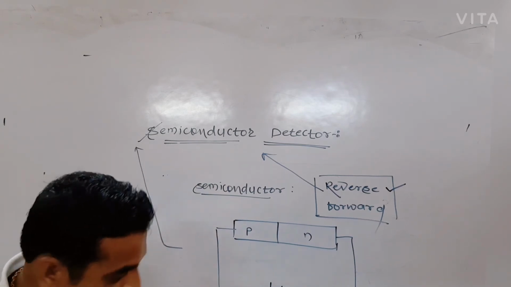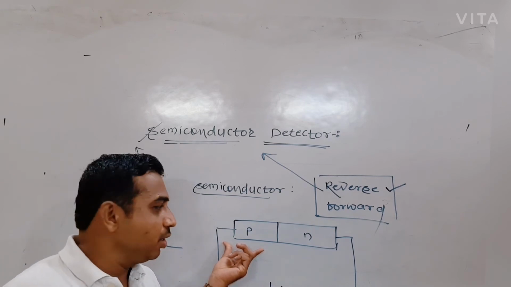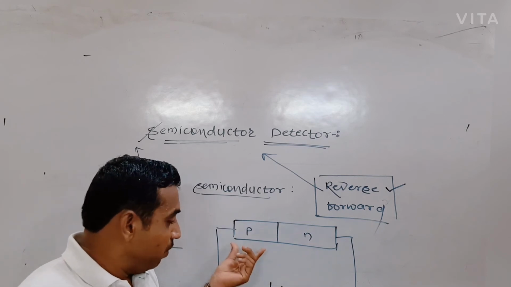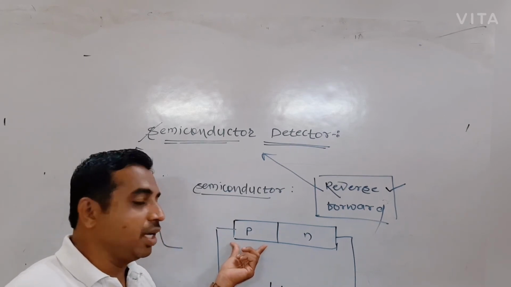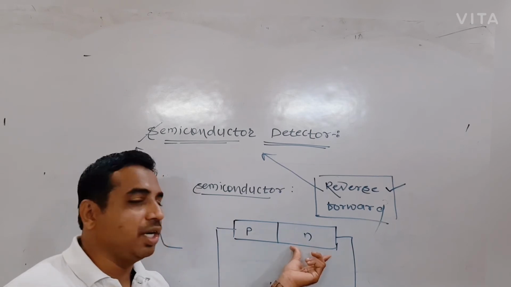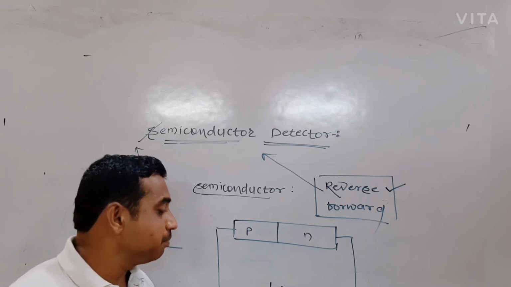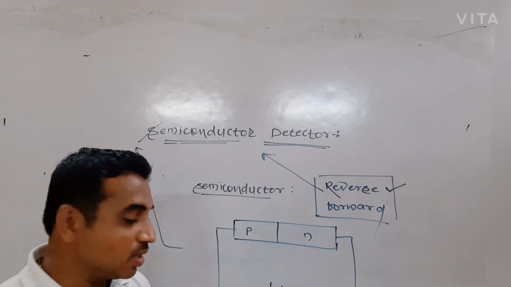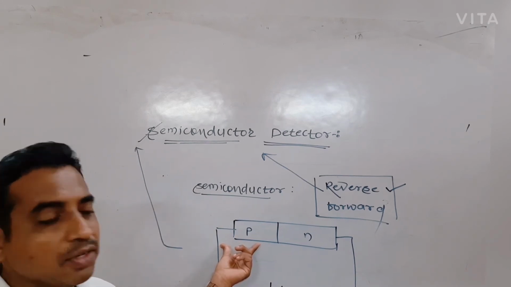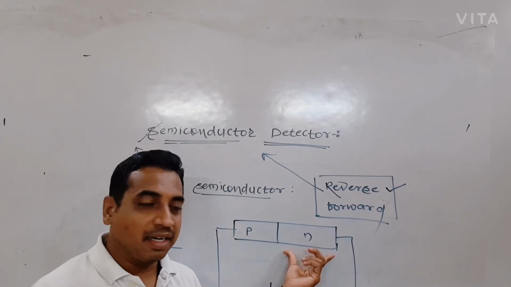Again, when the negative terminal of the battery is connected to the p-type semiconductor and the positive terminal is connected to the n-type semiconductor, that is called the reverse bias, and vice versa, when the positive terminal of the battery is connected to the p-type semiconductor and the negative terminal is connected to the n-type semiconductor, that is called